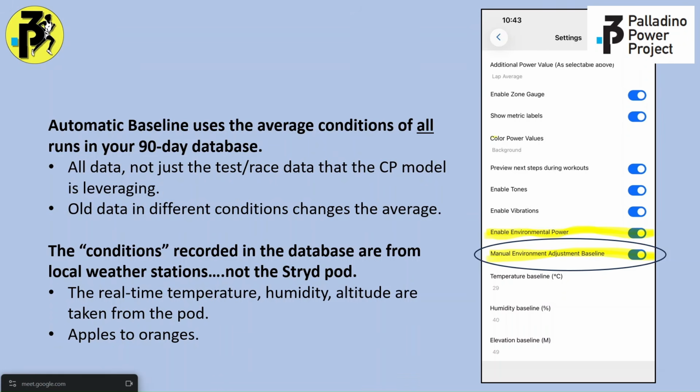And also, the older data in that 90-day database, if it was done in cooler conditions, is going to skew that average. It's going to skew it lower, right? So the automatic is a problem using the entire 90-day database. Furthermore,